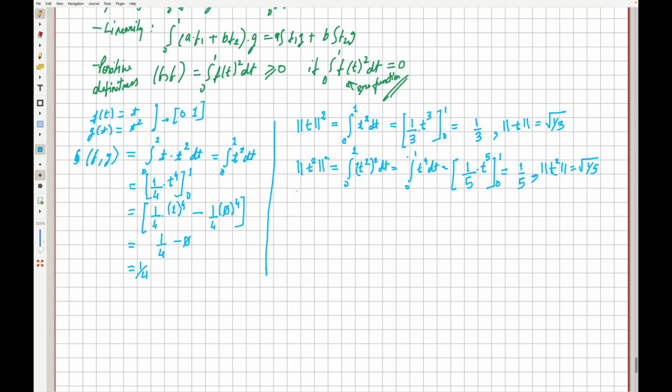Now this again can be used to find the cosine between the function vectors f and g. So we can say cos of theta is equal to the dot product between these two functions, which is the integral we just did, and then the magnitude of each of these functions, which we have calculated above. So this is 1 by 4 divided by square root of 1 by 3 multiplied by square root of 1 by 5. So that is essentially 1 by 4 times square root of 15,